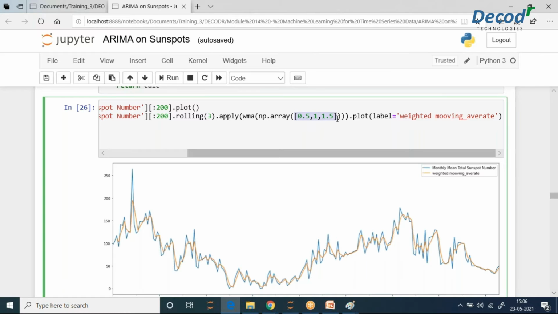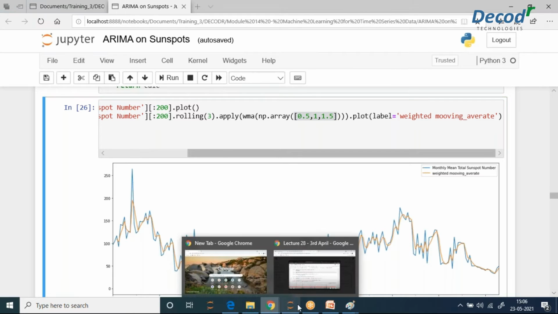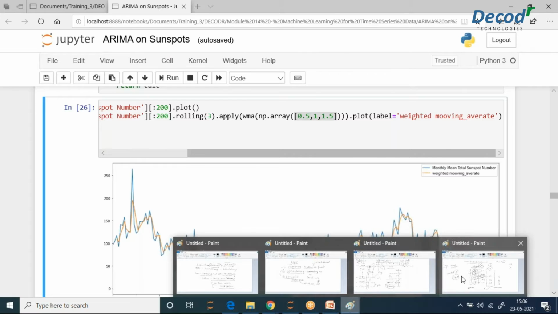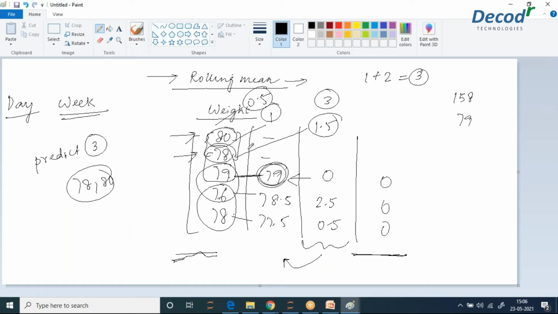We are doing the mean thing here, but also we are giving a weight. So how do you think we are doing it? If I have 78, then I'm giving this much weight to 78. If I have 80, then I'm giving this much weight to 80. So this is how I'm doing it in order to predict the 79.